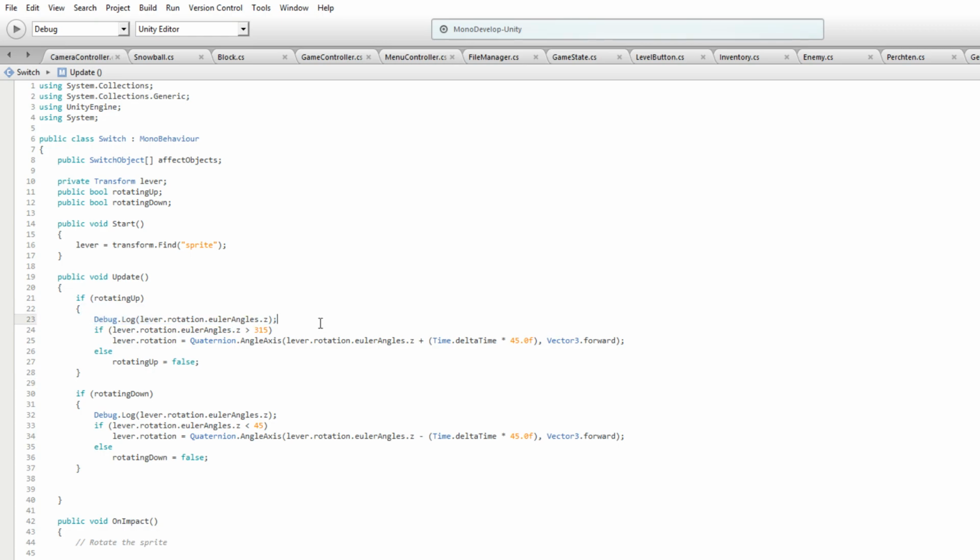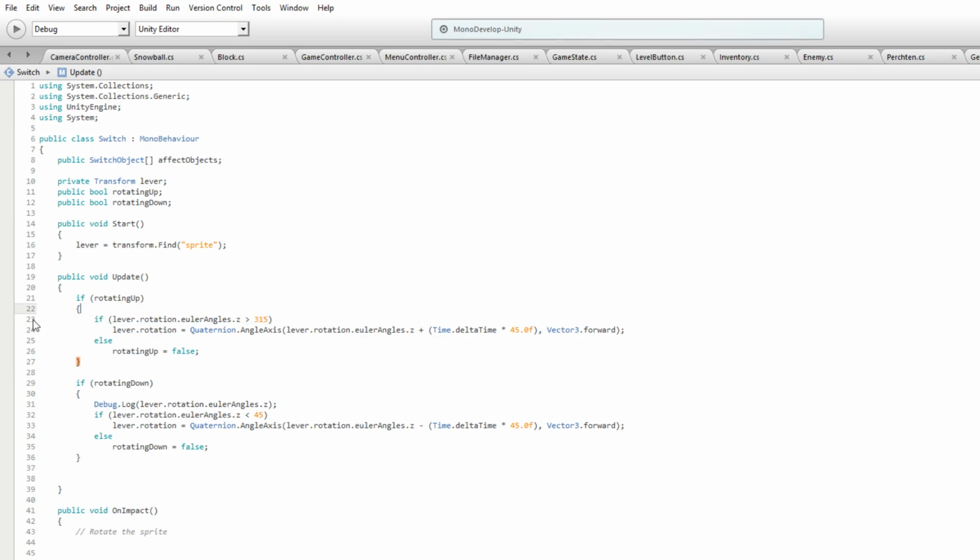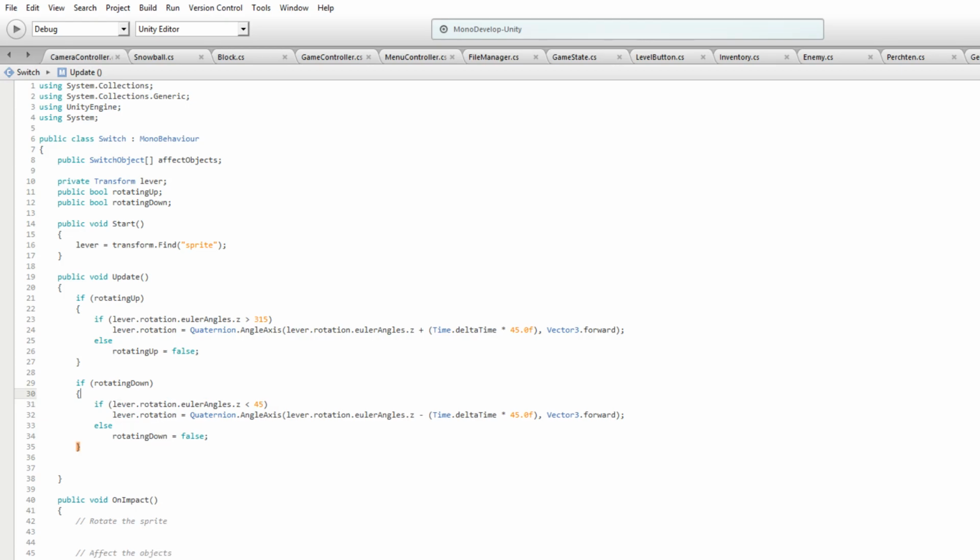Debug.log lever.rotation. Okay, so we know what that's going to be. It's at 315, and when it's at 315, we want to rotate it down. My only instinct is to add a different variable that we can keep track of, and just for as long as that variable is, then